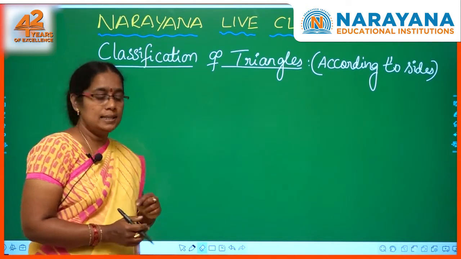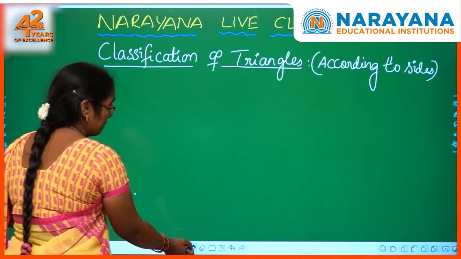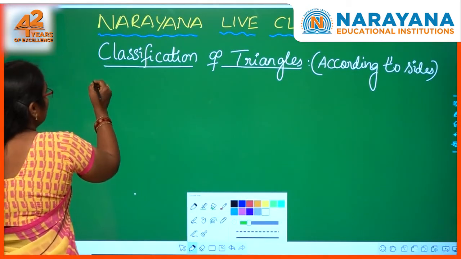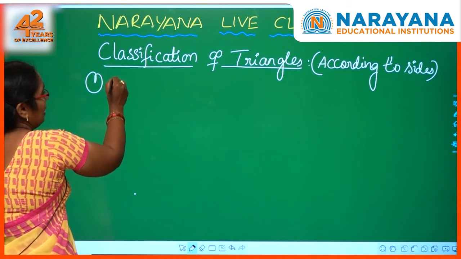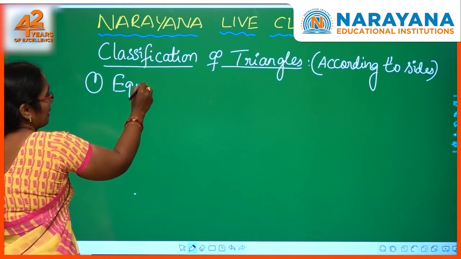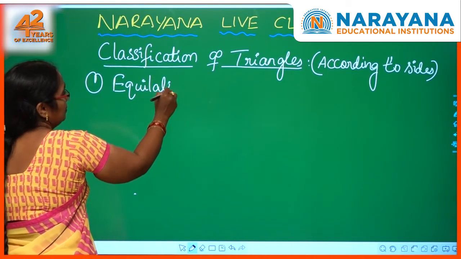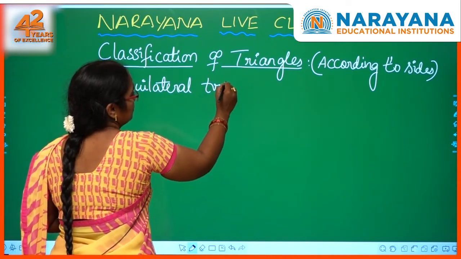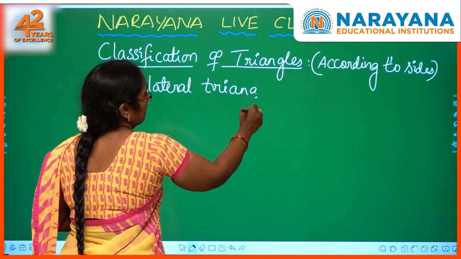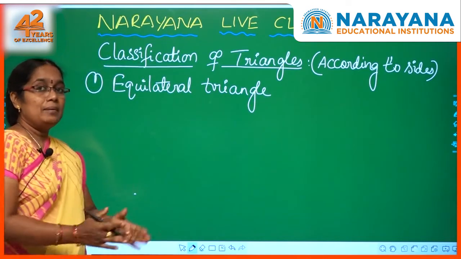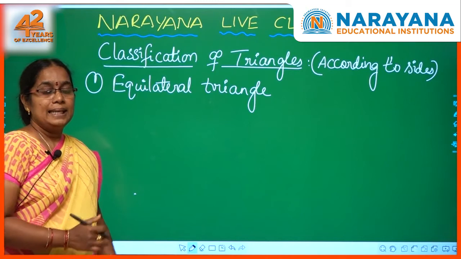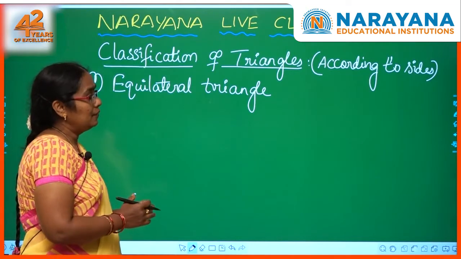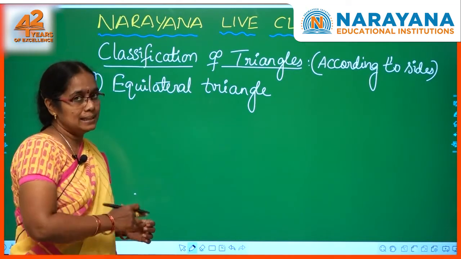In that, the first one is equilateral triangle. What is meant by equilateral triangle? In a triangle, if lengths of all sides are equal,